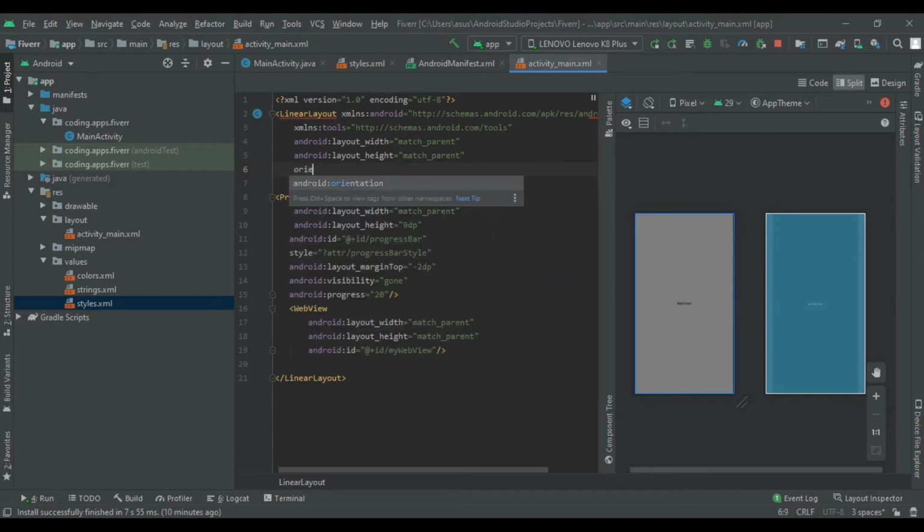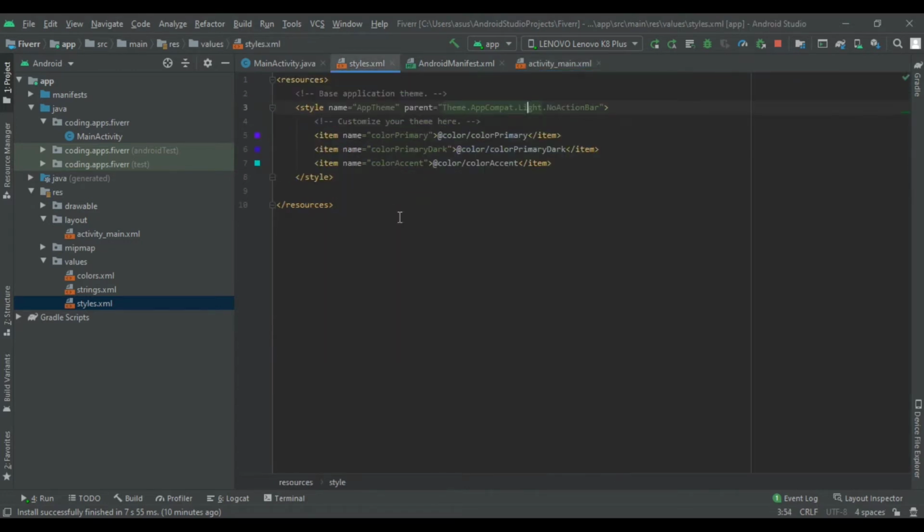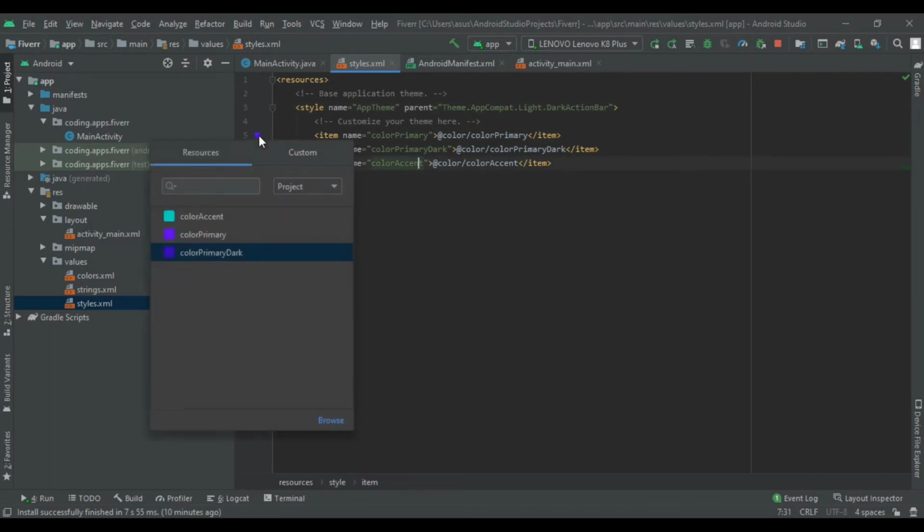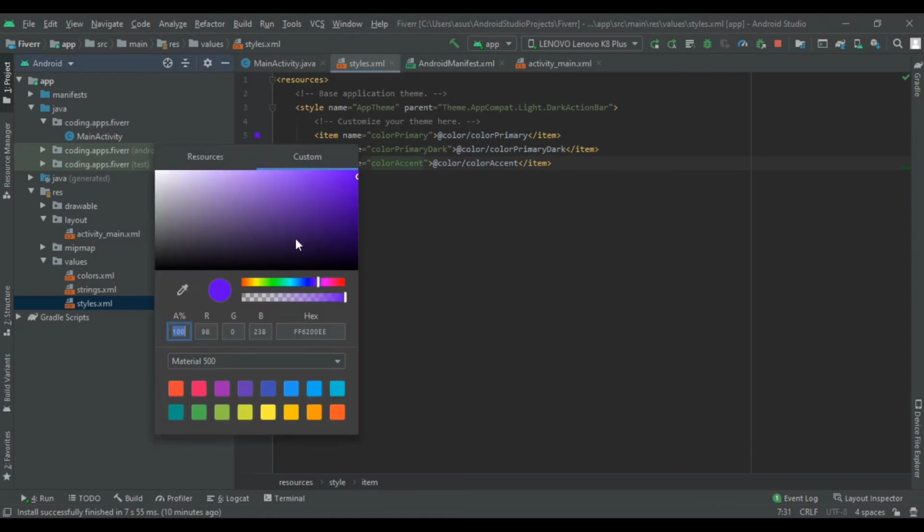Now we are changing our activity theme from no action bar to dark action bar, and here we are going to change our color primary from blue to a green type, so it may work with our app.